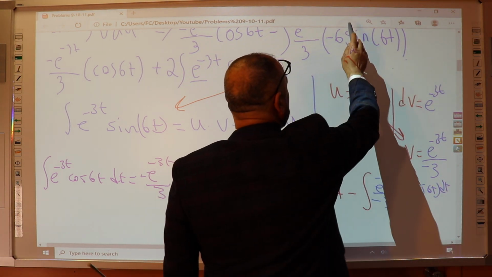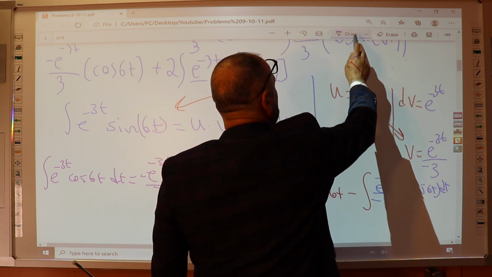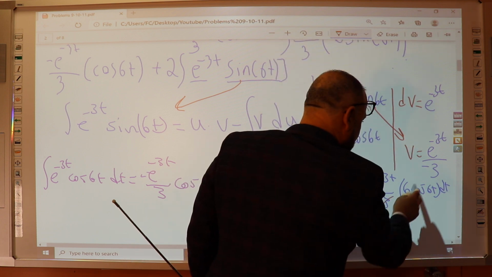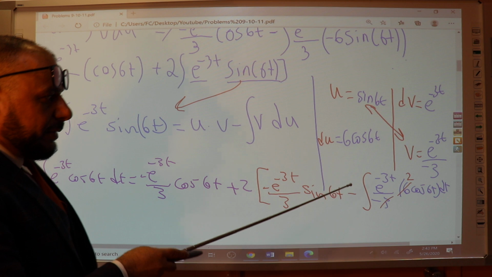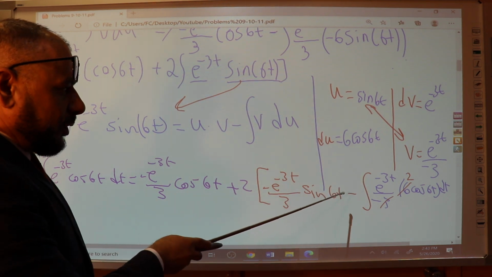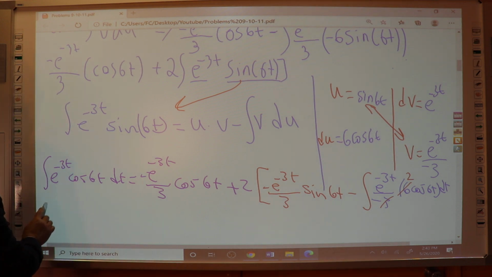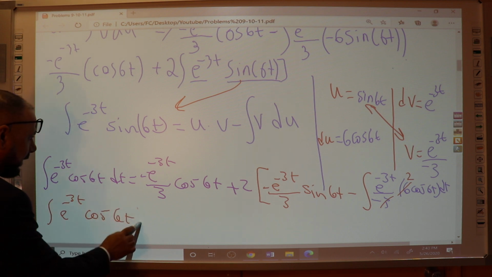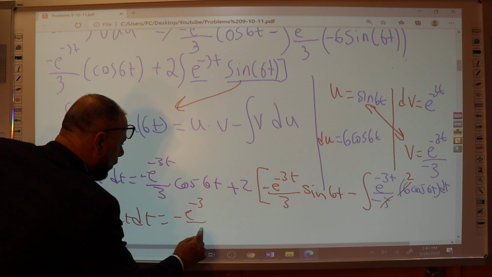Now notice here, this guy and this guy, this 2, right? Negative 2 with this is going to be positive 2. Then I will have the integration of e to the negative 3t cosine 6t dt equal to negative e to the negative 3t over